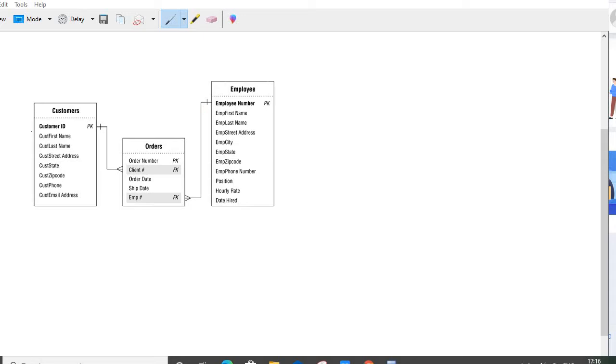So when we see the customer table, we have a way to identify every customer on the basis of this customer ID, or we can say the customer ID is the primary key for all the customers. We also have a primary key for the orders, like the order number. We also have a primary key for each employee, that is the employee number here.